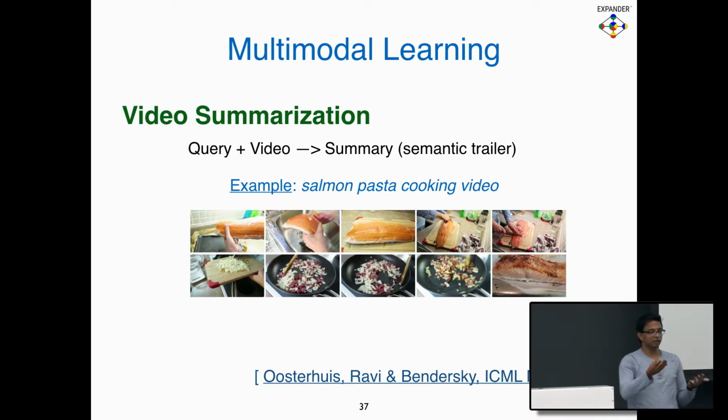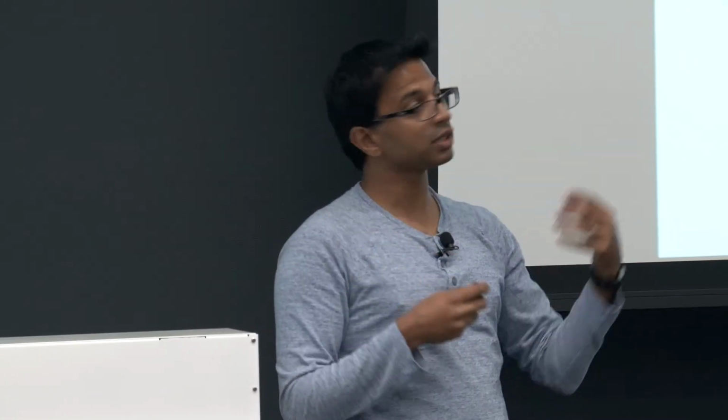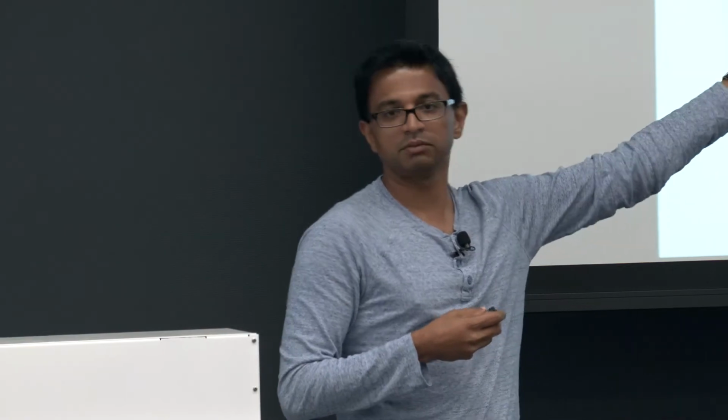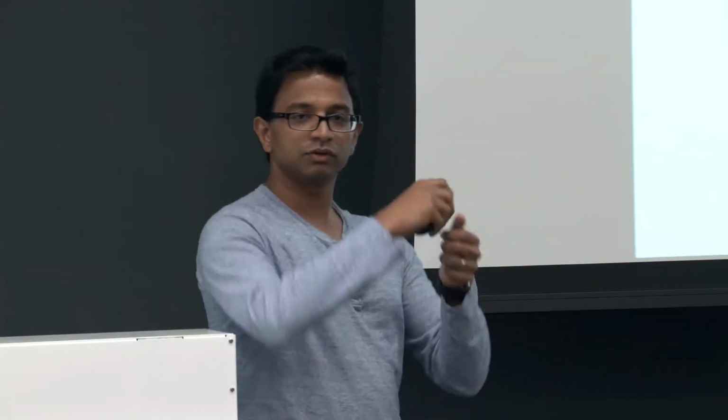Now imagine you want to actually distill that information and say, okay, I'm interested in the most relevant concepts, or if you show me a 20-second video of this, can it summarize the entire video? But the input is not just the video, but also some concept like salmon pasta or something like that. So what it does is it combines both deep learning and graph learning. It breaks the video down into frames, and then the frames are processed using a deep learning system to build representations,